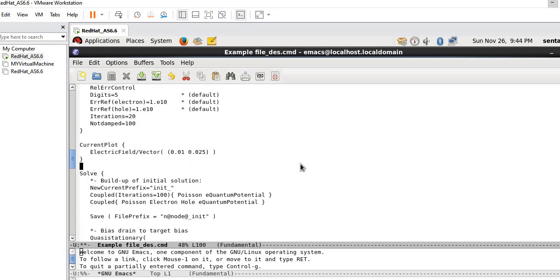Now we can move to the current plot. The current plot is basically where you plot the current values in the form of electric field. You can also find your potential values as well. Then